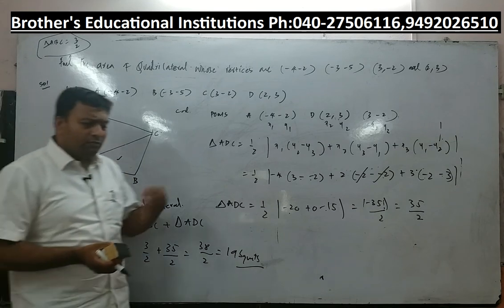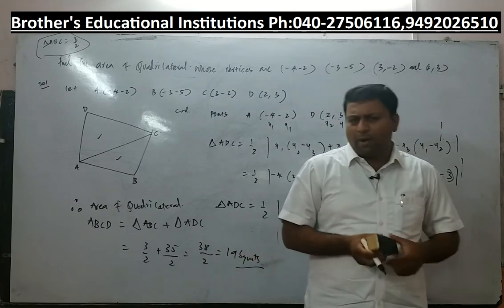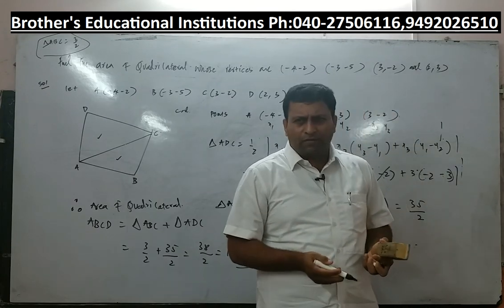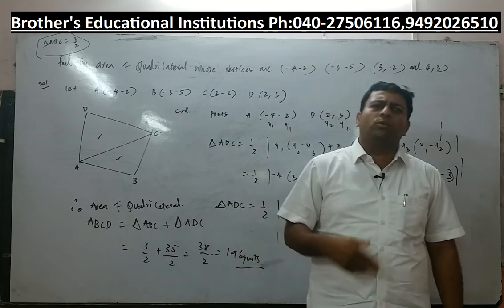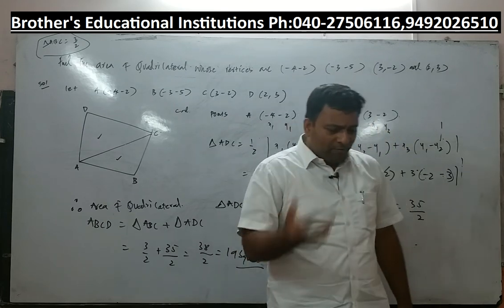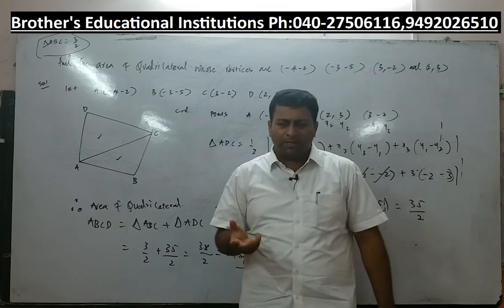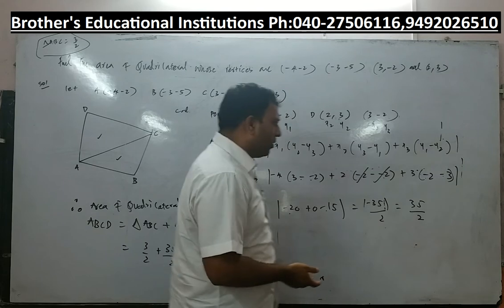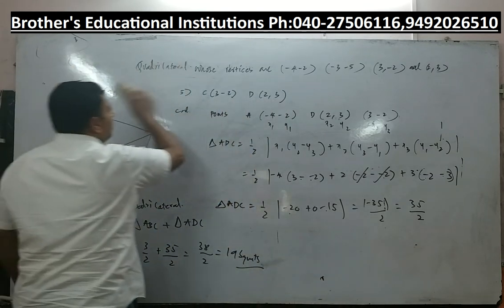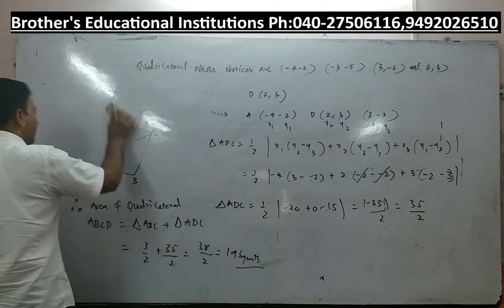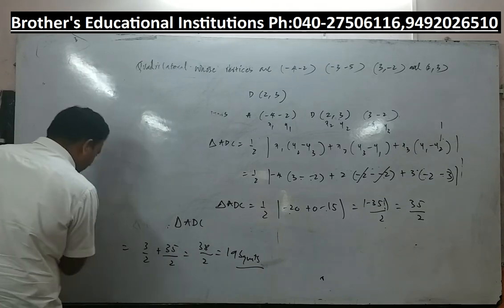Now, once you have understood these things, we have to move forward. There are a few other problems based on the vertices of a triangle. So please go through the concept and try to do more and more numericals. Apart from that, there is one small topic which is left over called the slope concept. I'll explain to you what the slope concept is. You can copy this and I'll explain the slope concept. With that, the concept of coordinate geometry related to your 10th class syllabus is completed.